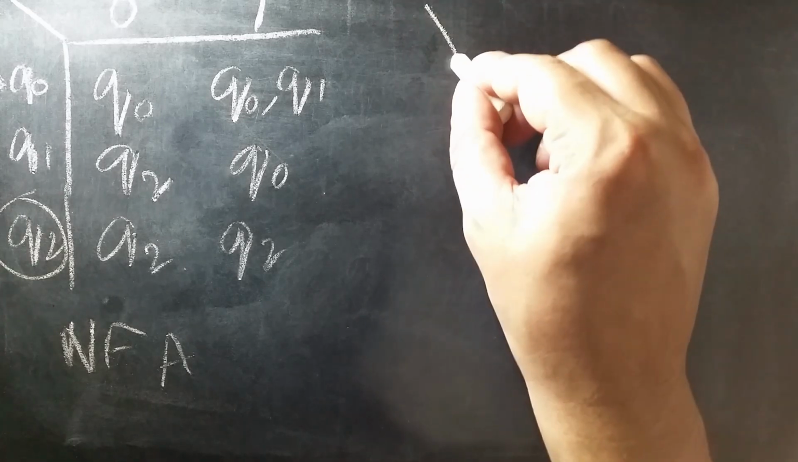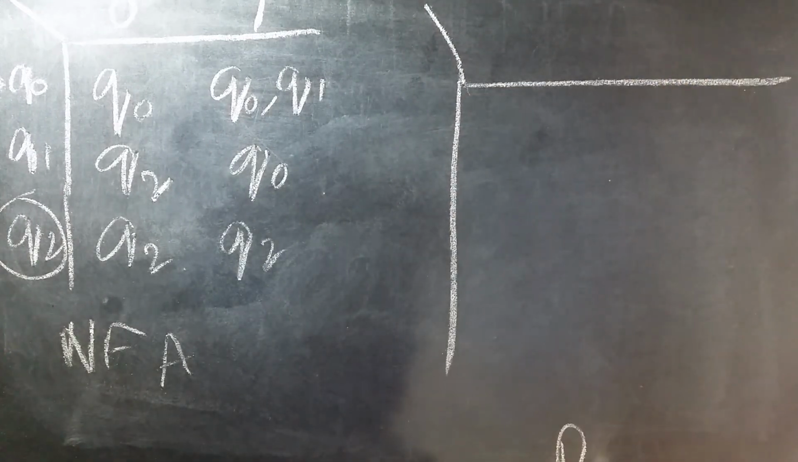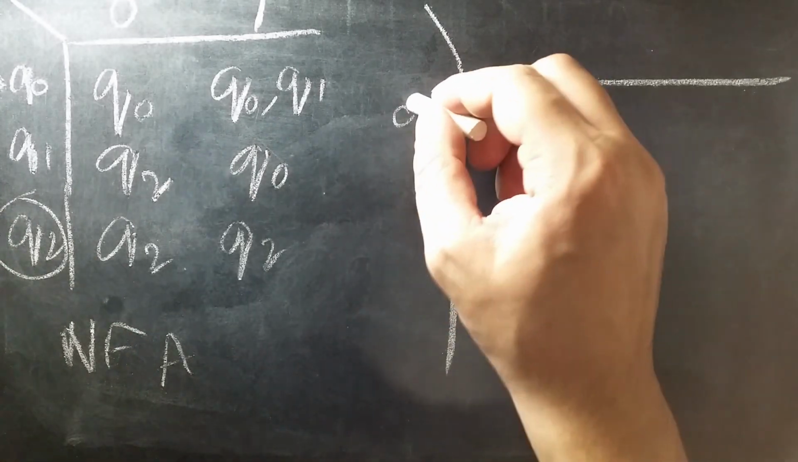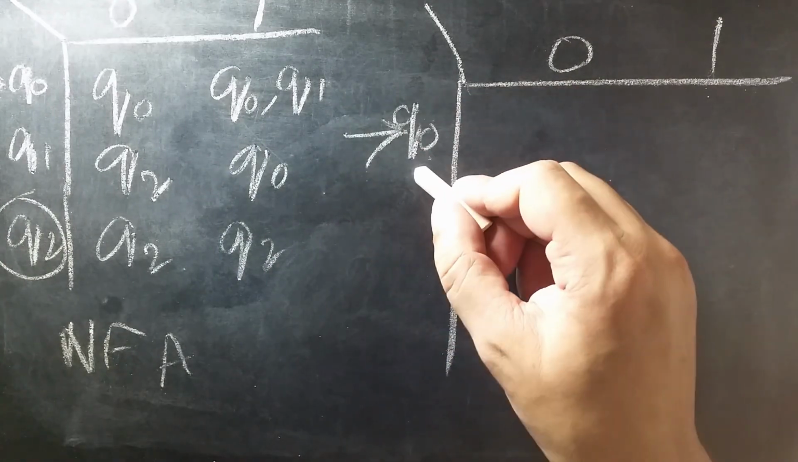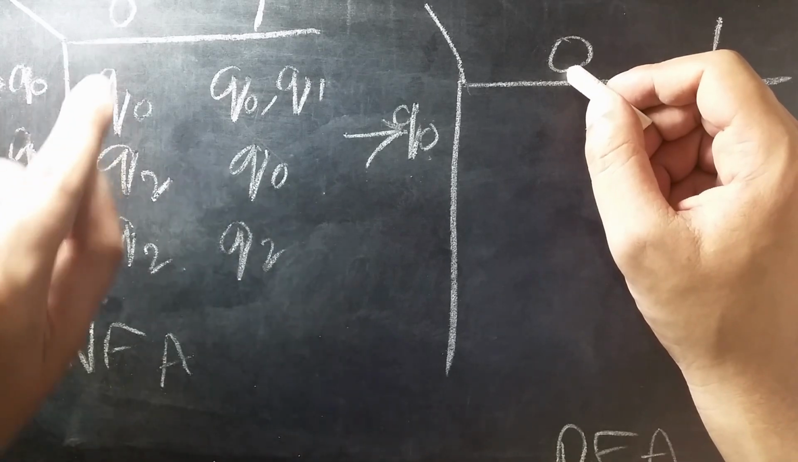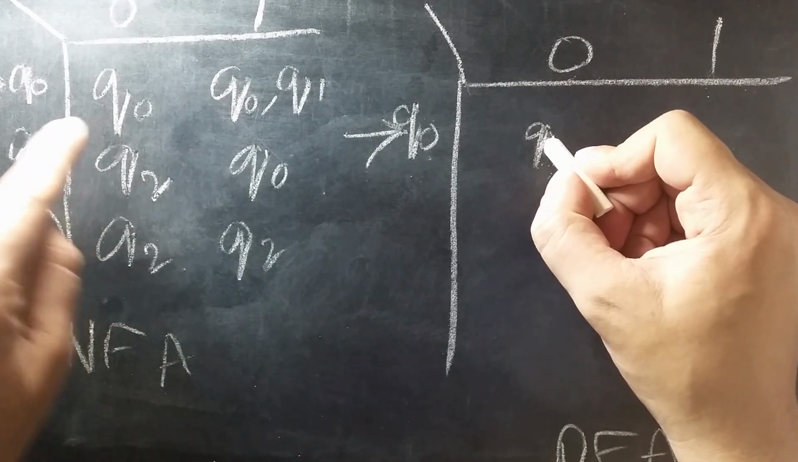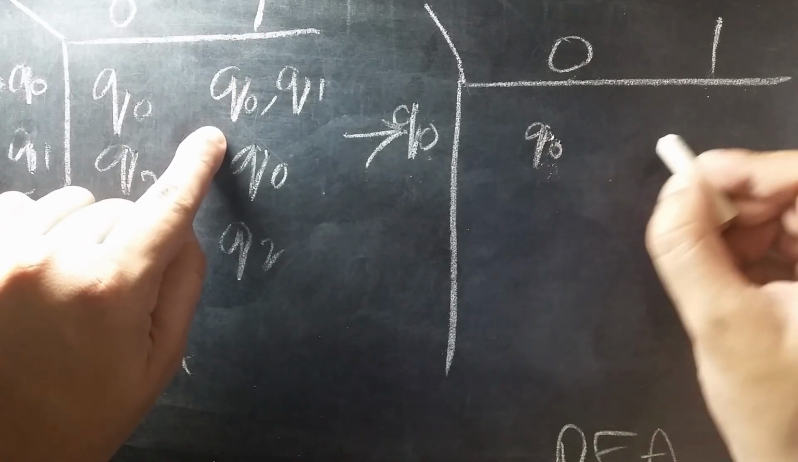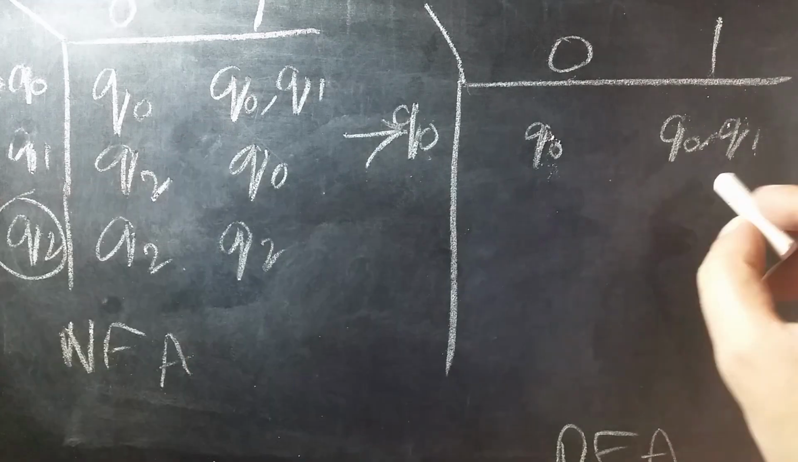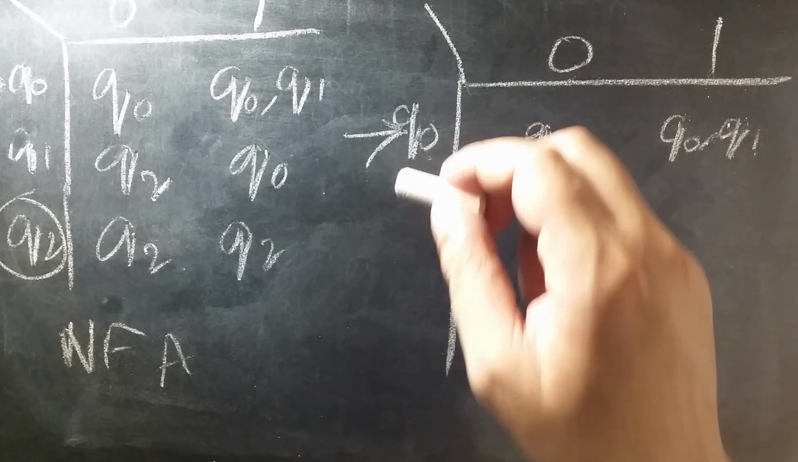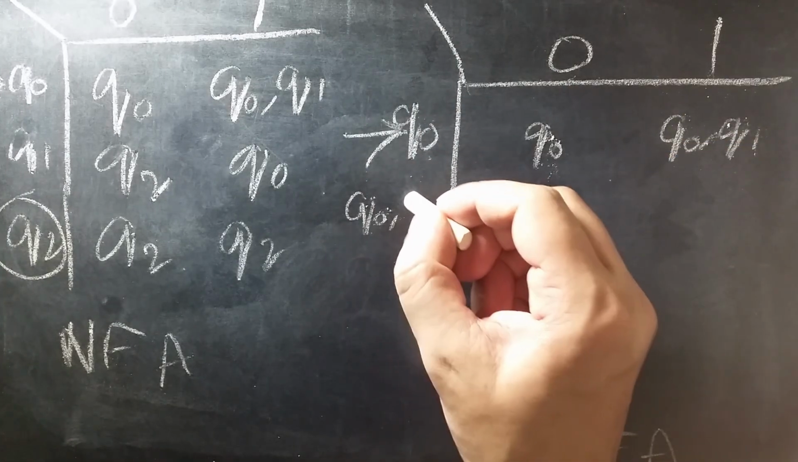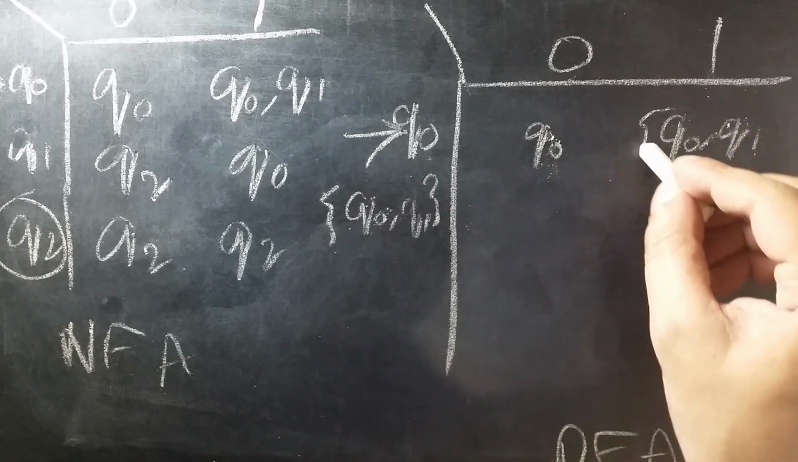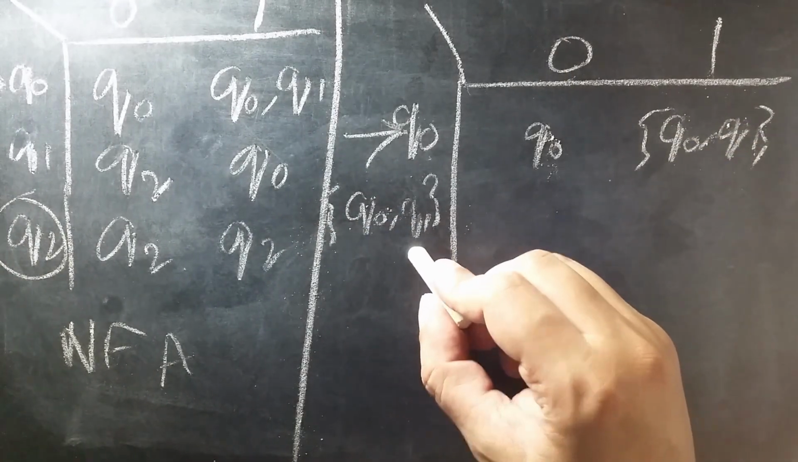Now we're going to construct a transition table for the DFA. The first thing we do is we start from the initial state, Q0. The inputs will remain the same, 0 and 1. On Q0, if the input is 0, we'll reach Q0. On Q0, if the input is 1, we'll go to Q0 and Q1. In this line, only Q0, Q1 does not have its own row in the table. Q0 already has its row, so we'll write Q0, Q1 as a single entity,